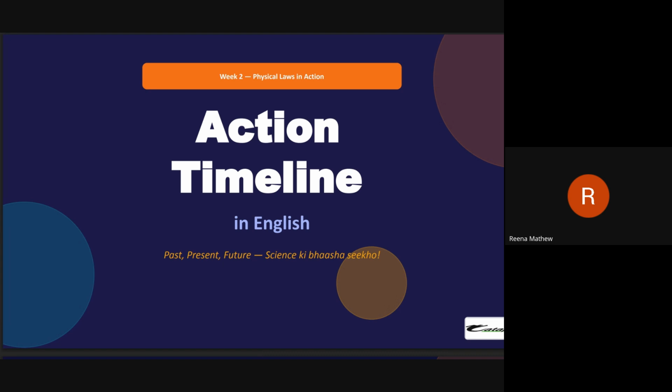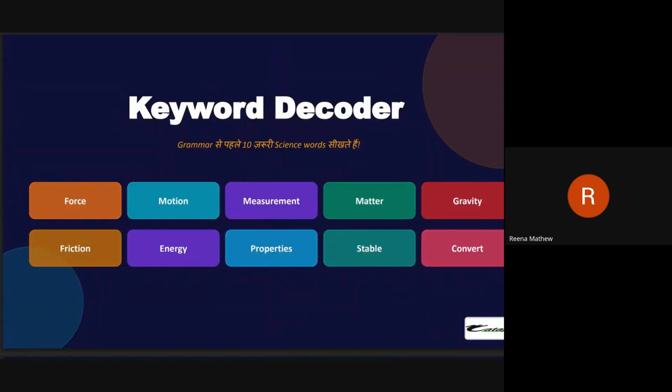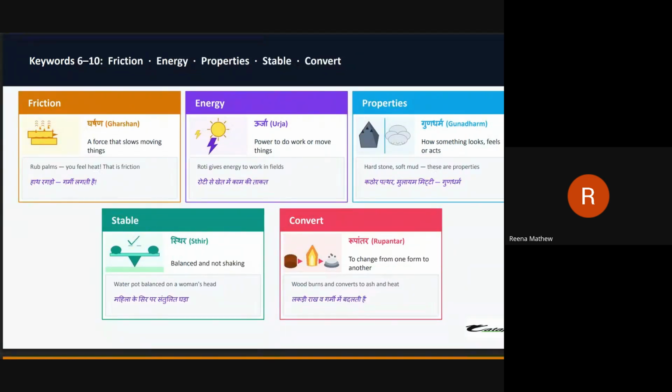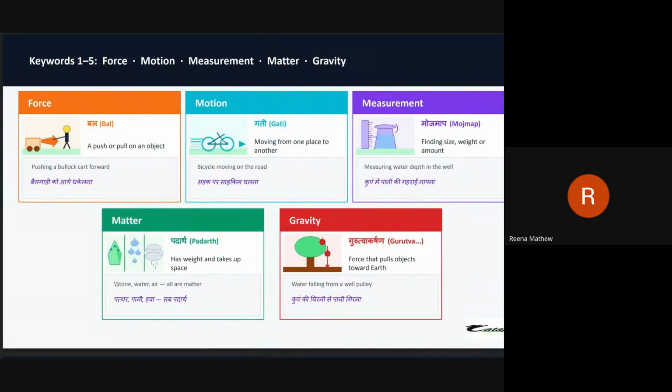So you say, Kala, could you move to the third slide? Yes. So the next slide. Can you go to the previous slide? So this is the fourth word we learned, right? Matter. Something that has weight and takes up space. Okay. So the next is gravity. So you all know gravitational force. It is a force that pulls objects towards the earth. Can you make more sentences with gravity now?